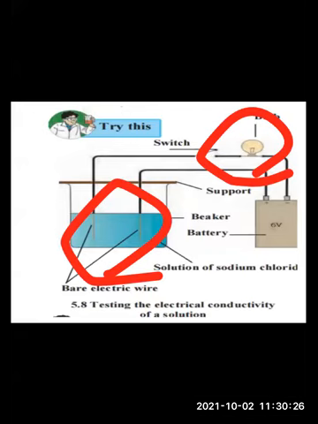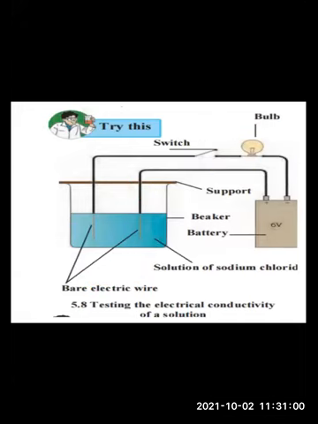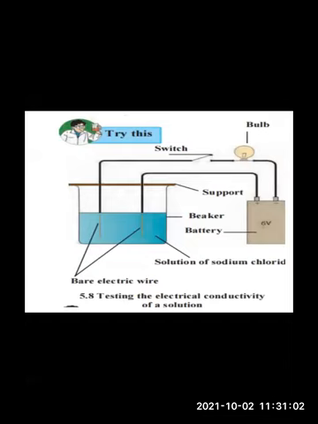So dilute H2SO4, you can check whether the electric current passes or not. In this way, you have to keep on changing the solution and find out whether the electric current is passing or not. Finally, you have to write the observation. If the bulb is glowing, the electric current is passing through it. If the bulb is not glowing, the electric current is not passing. And if the electric current is passing, it means the electric circuit is complete.